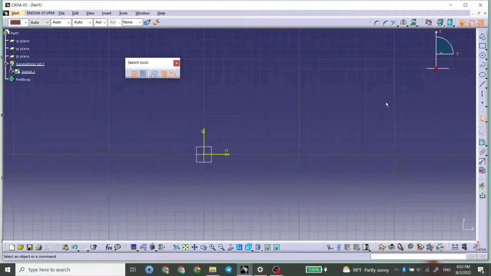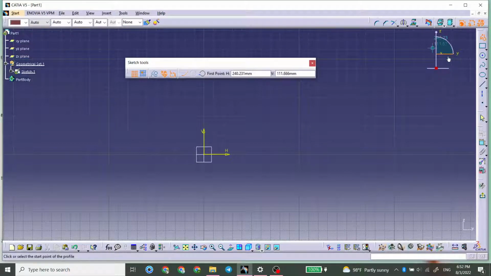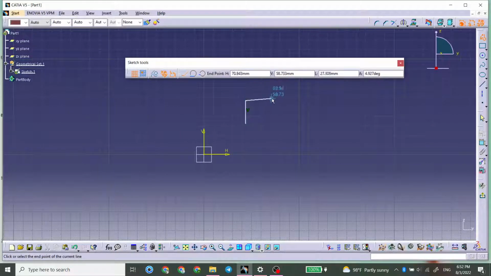Another feature which is really quite wonderful is constraints. Its name is constraint, but the most use of this is for dimensioning. We use it for making dimensions to what we draw here. So for a start, I'm gonna draw some profile, which we learned from the previous lesson,